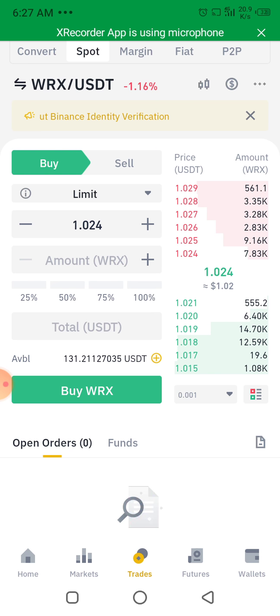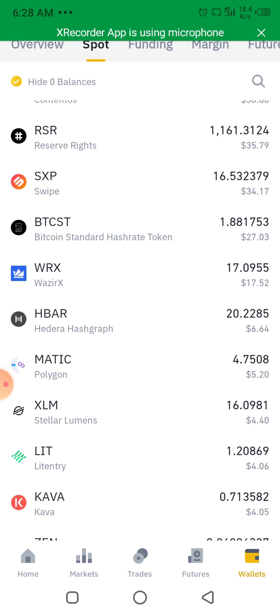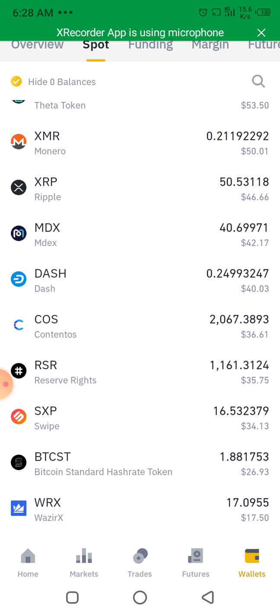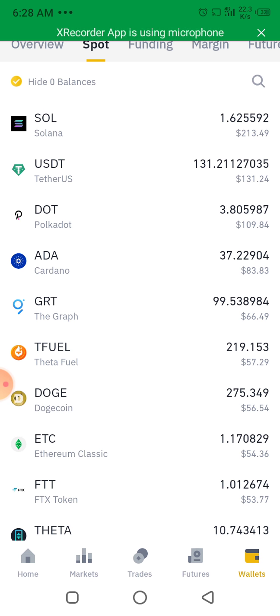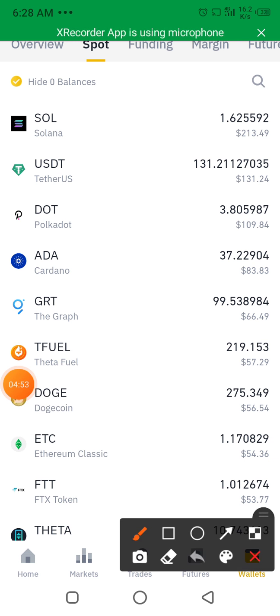But before then, you need to understand what you are doing. Let's go and check the value of our USDT before, so that you see when it added up. So my current value of USDT is 131.